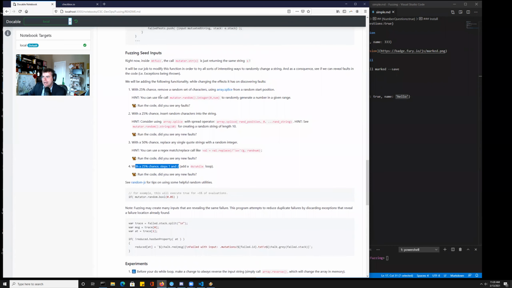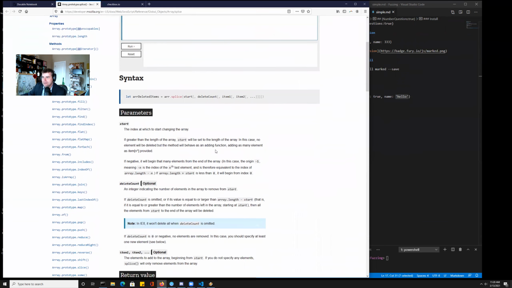So I've given you some hints on how to use this. One of the main ones that you're going to be using is this array splice function. The way that splice works is you give it a starting position and then a number that says how many to delete, and then an optional amount of items to insert. So splice is really interesting because you could use it to both delete from an array or to add to an array. And I can actually give you just some demos of this